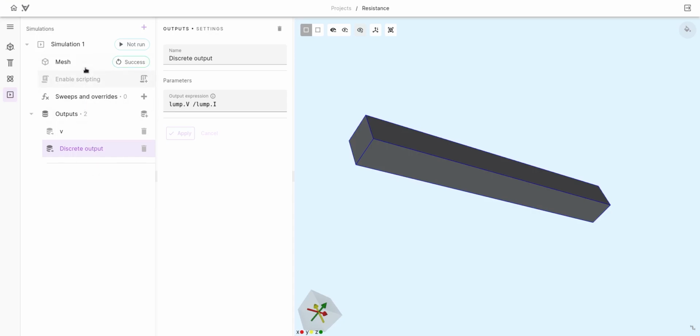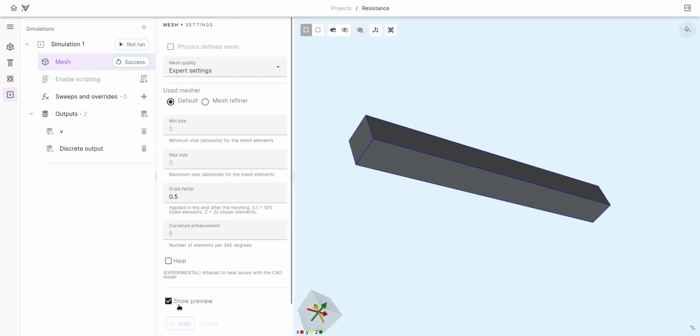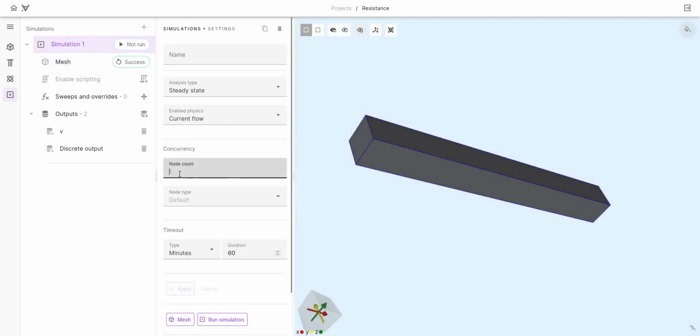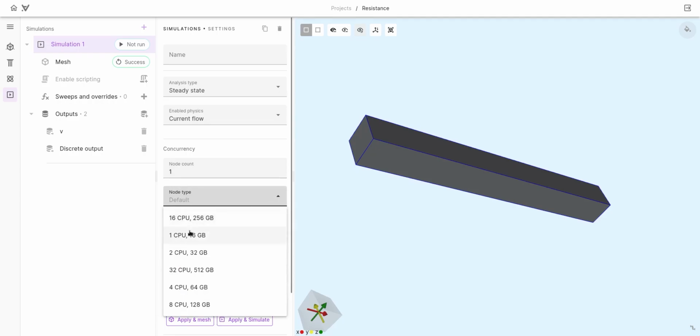Now the meshing is done. We could visualize it, and we'll see that it's very coarse. But here, because the electric potential will decrease linearly from left to right, this is actually enough to exactly capture down to machine precision the solution. So we run this extremely small simulation with 1 core,